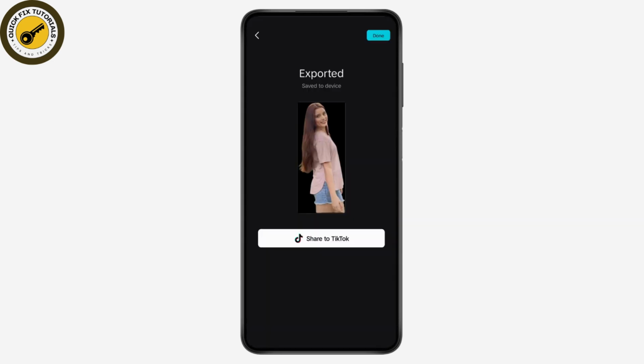And that's it. You can see that your photo doesn't contain any background. So that's how you can remove the background in any photo